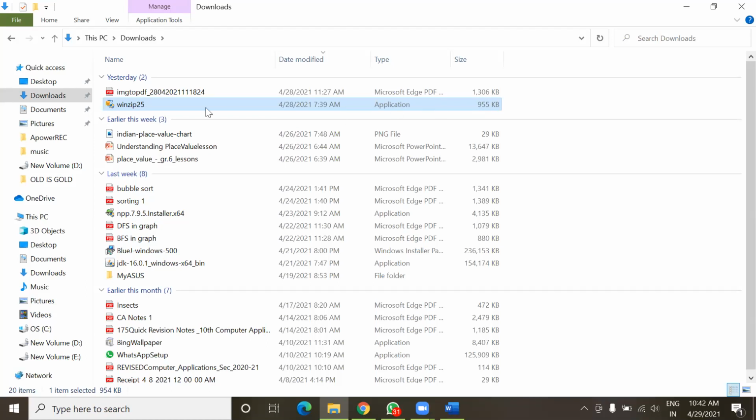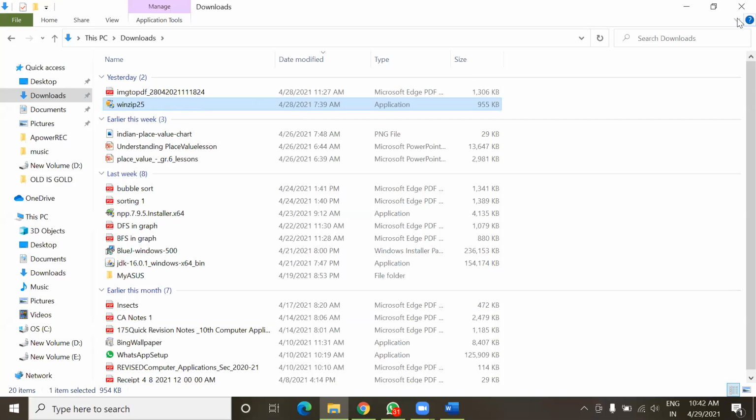But it is not actually a single file of 955 KB. Inside this application, there will be more than 10 or 20 files written in any programming language. But all those files are compressed together to make a single file.